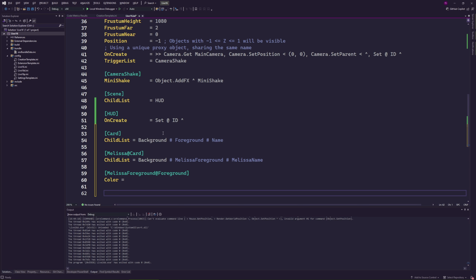It's not very handy. One way to do this would be, every time we create something that is a card, you can put a property like isCard. You can have a callback, an event, sorry, for the object creation, and when you catch that event, you will modify the subsection. First, you need to know what the subsections are, right? And to write the color for the foreground and change the string for the name. And you can do that in code, and that works. You modify the config before creating the object, and it will work just fine.